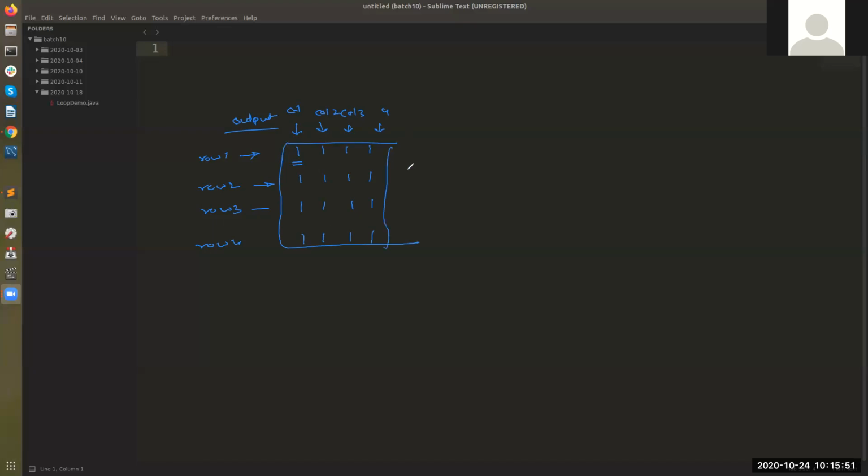Now this can vary. Maybe you get a question in your exam where you may have to print an asterisk symbol, a star symbol, and form a triangle, right? There are a lot of pattern questions coming in the exams. So here I may have to draw a pattern. If you look at this, this becomes a triangle shape. Maybe you have to write a triangle of this type, a pyramid type. So we can get a lot of questions like this, and these pattern printing questions help you understand loops also.